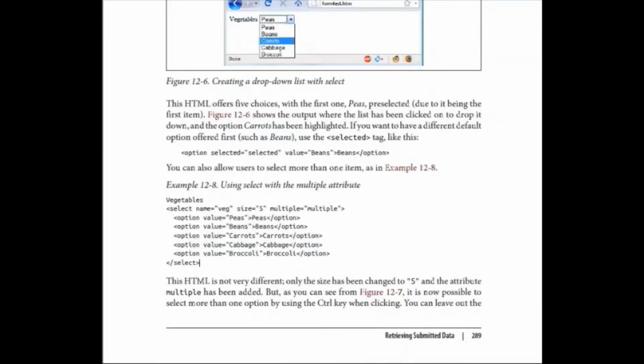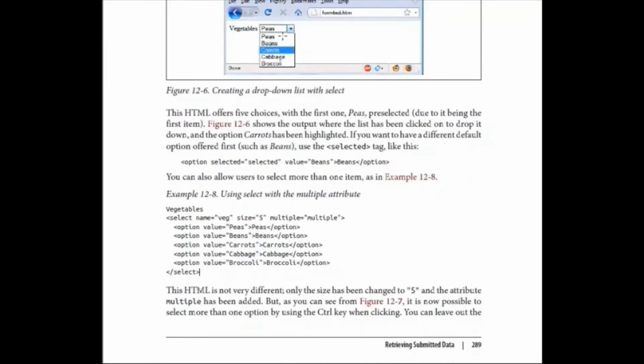Discussing the drop down menu list, which is right here: vegetable, peas, banana, carrot, cabbage. Select, we will use. The name of the select list is veg. Its size is 5, that is, it will have 5 elements. Multiple is equal to multiple, so that you can have multiple selections, and these are the list of options. So right here we are giving option value is equal to peas, option value is equal to beans, carrot, cabbage. All these are saved with the value. So if the user has selected peas, the value will help us to select.